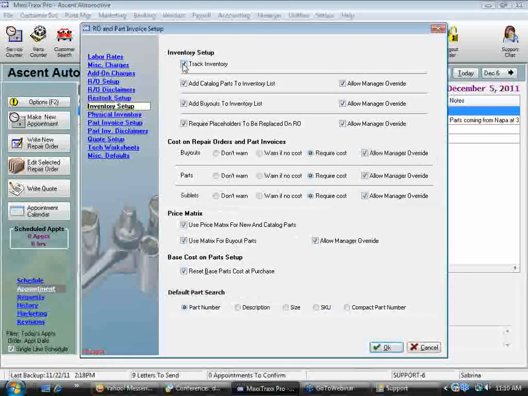And I know, guys, 80–90% of what you sell, you don't actually stock as inventory, but we still track every single part purchase. We add all of our catalog parts, anything we buy through online parts ordering, we add to our inventory list, which also says we need to have a quantity in stock. It can't be -1. We say here to add buyouts to inventory list because by checking this box,